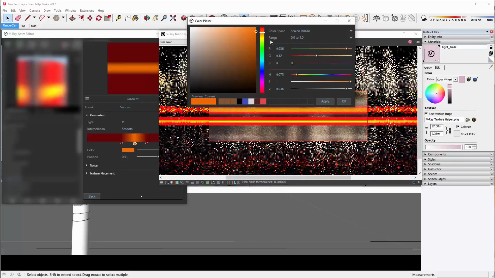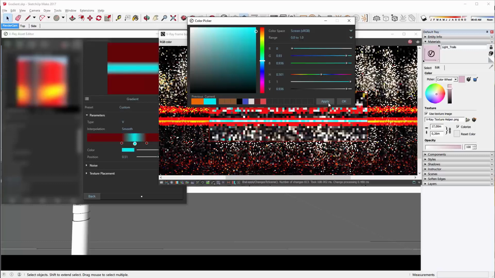So let's try to change the color. We also have ranges here, either from 0 to 1 or from 0 to 255, depending on what you like. We're going to stick to 0 to 1. And we have different options for changing the RGB or HSV values. So if I change the H value, which is a hue value, you're going to see that the sliders move around just picking a color. And now we have selected a color and we can apply it, which will only apply to the render. The color picker will stay on.